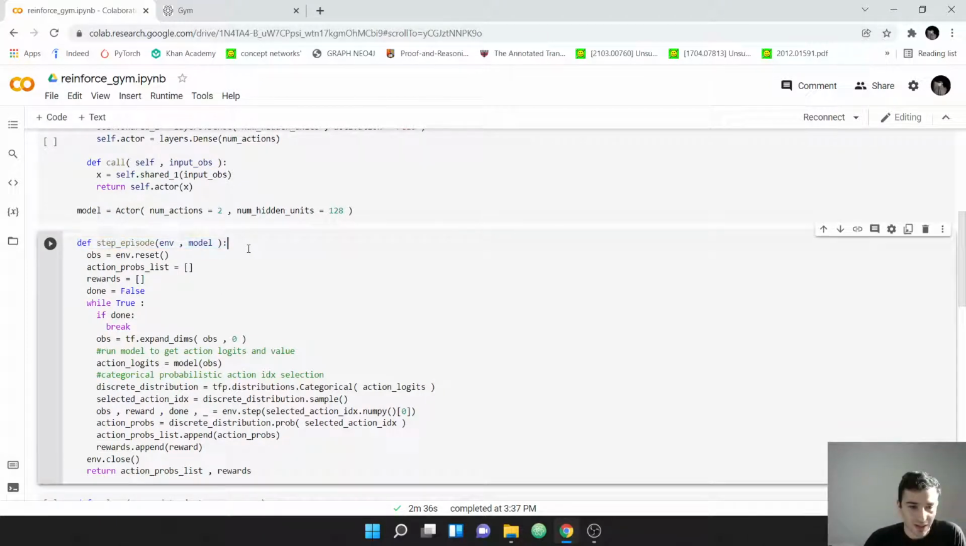So REINFORCE is an episodic learning algorithm. So we need to go ahead and collect an entire reward trajectory and action trajectory for all time steps in order to compute the algorithm. So what we do is we reset our environment to get it into its starting state, and we call that observation. And we just define our two lists that are going to be our trajectories for the time being. We define one list as our action probabilities list, and one as our rewards list,